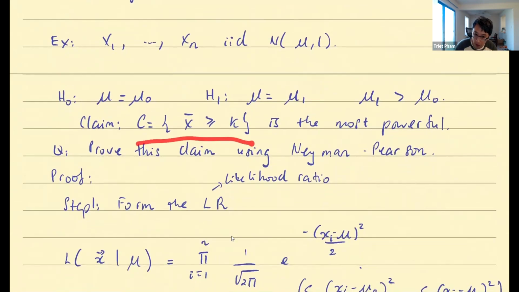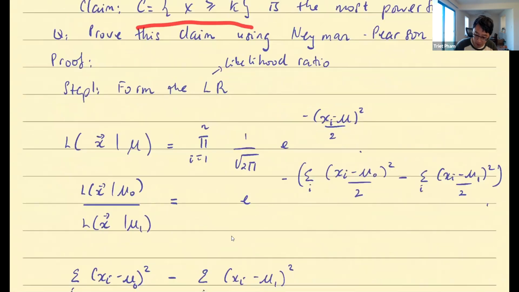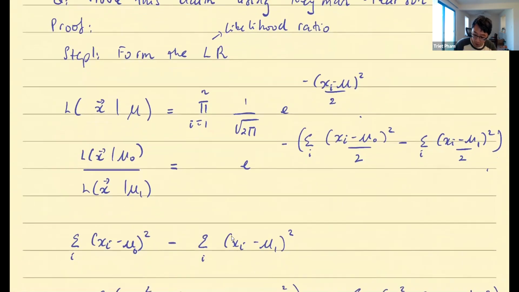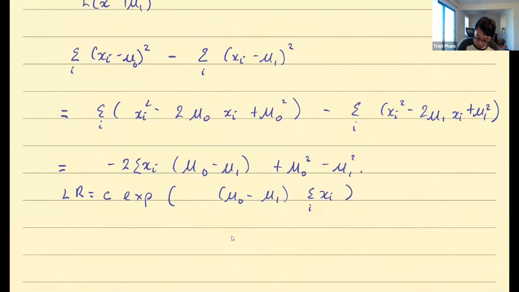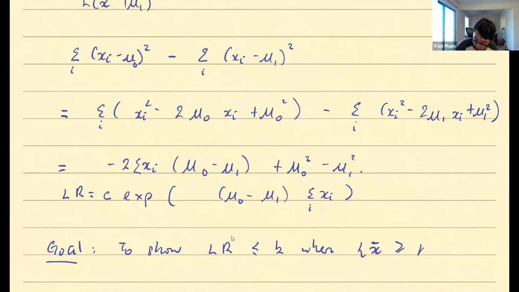This is our C. So maybe before the step, I need to show you the goal, because if you don't keep the goal in mind, maybe you will be lost. The goal is to show that the likelihood ratio is less than or equal to k. What's in C for us? When x bar is bigger than k, and this when